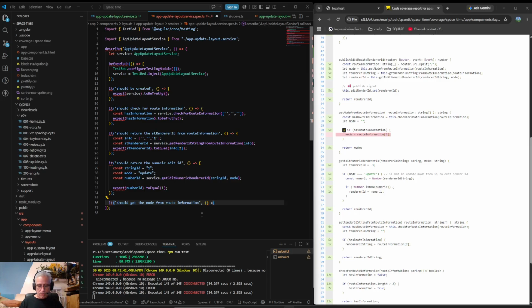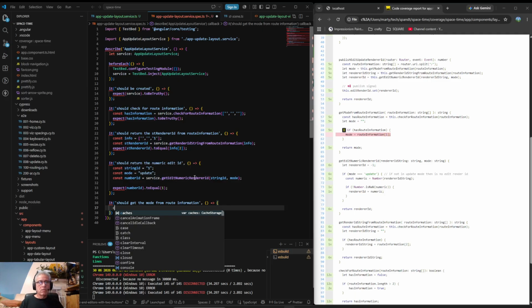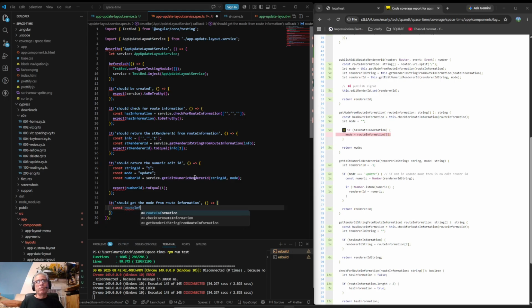This is a function that you pass in that executes and supports these expectations. So basically, we're going to say const route information. What time is it? 8:44. I'm doing pretty good this morning. And then let's say Doom and Doom.